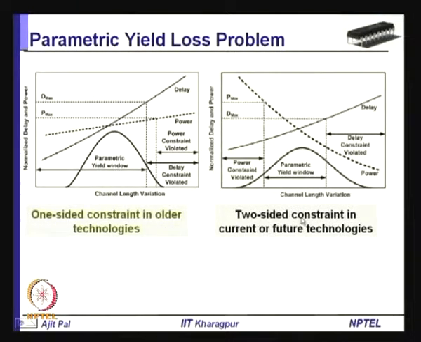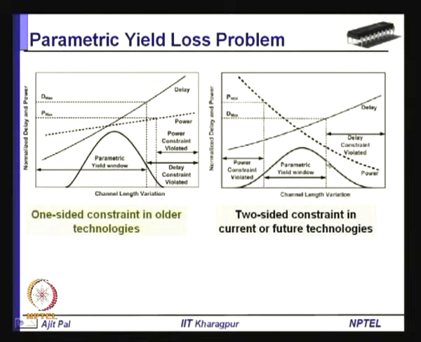As you can see, the power is no longer increasing as the channel length is increasing. As the channel length decreases, the threshold voltage decreases and leakage power increases exponentially, which has led to an increase in leakage power as we reduce the channel length. So, it is different from the earlier plots. In this case, delay is on the right side, that is, the longer the channel length, the larger the delay. So, this is the limit on the delay.